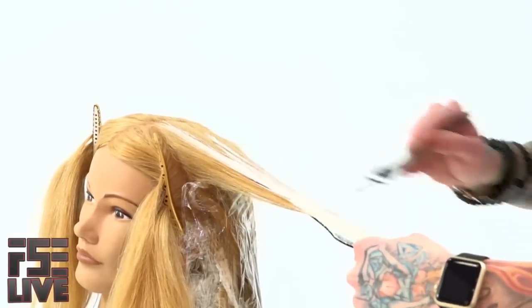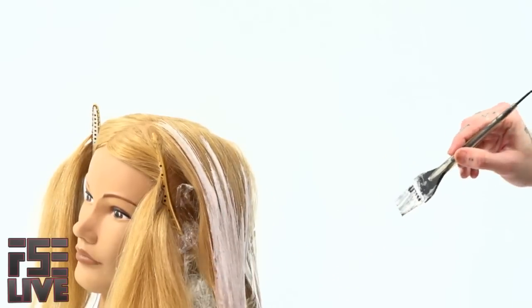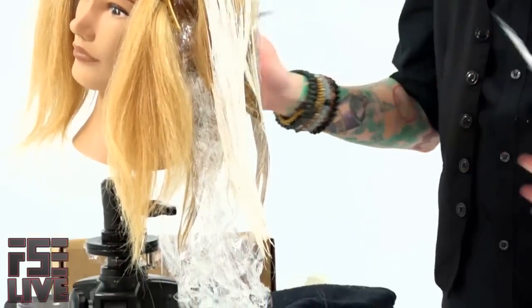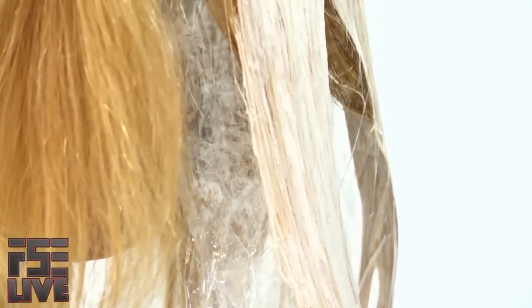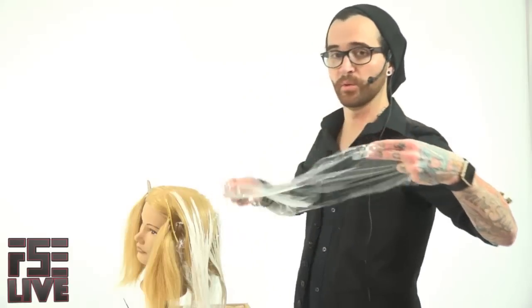It sections off. It keeps it clean. It keeps it from pressing against hair you don't want it to. Because we're doing a look that's the entire head. If you're doing hair and leaving some out, then you want to leave that out. If you're just highlighting, you're going to need that saran wrap to keep your lightened hair off of the hair that you're not lightening. Plus, it makes a really cool hat